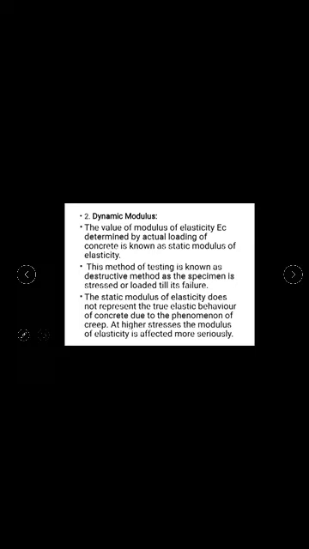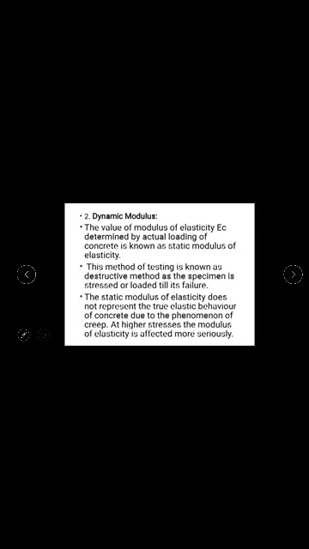The fourth one is the effect of age. The modulus of elasticity of concrete increases more rapidly with age than the strength of the concrete. Thus the relationship between modulus of elasticity of concrete and strength is dependent on age. As I have told you, the long term modulus depends upon the age factor. So modulus of elasticity generally increases at a rapid rate with age compared to the strength. That is where the long term modulus is dependent on age.